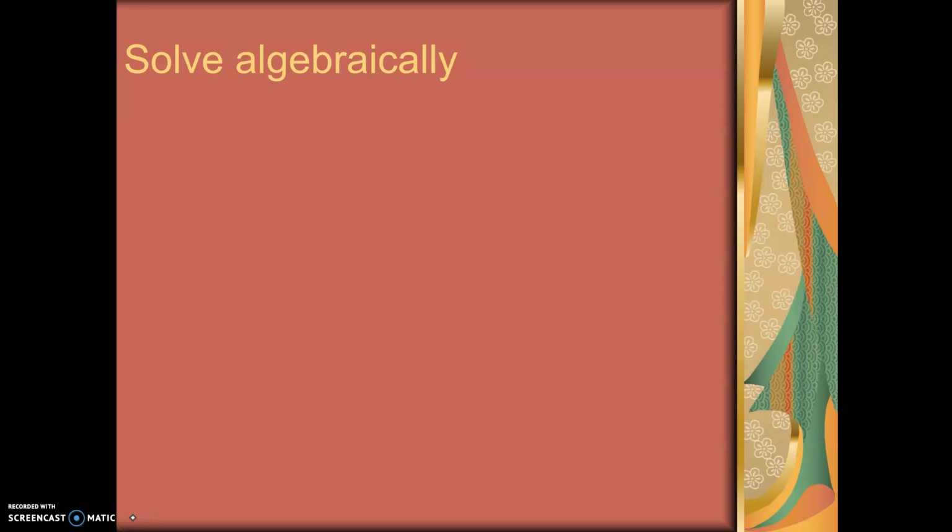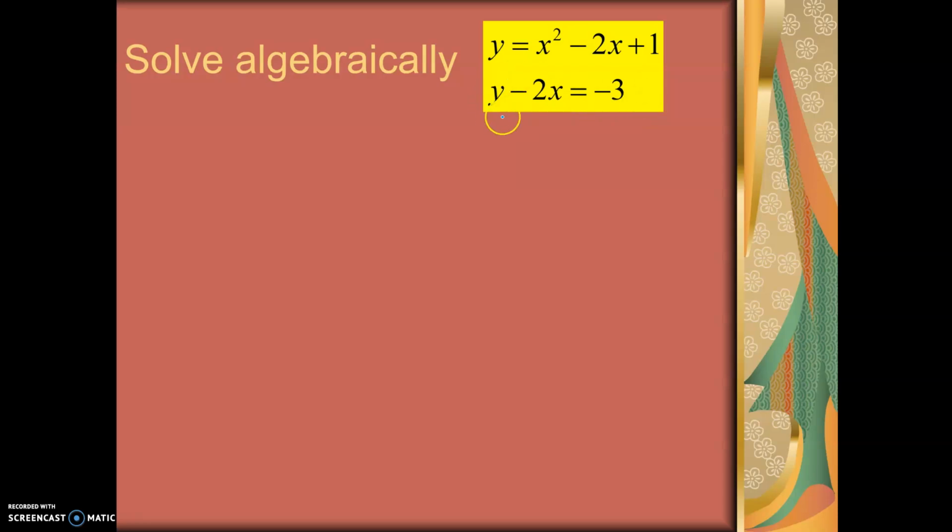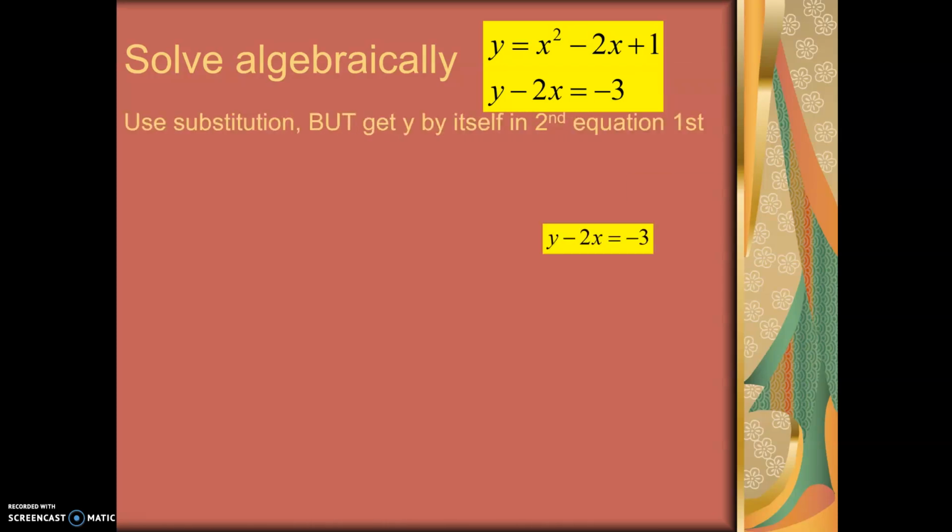Okay, so we're gonna continue on with our next example, solving nonlinear systems. In this example, we have another quadratic and we have another line, but notice that the line is not set up like it's ready for substitution, but that really doesn't matter because this one technically is, okay? However, I'm gonna go down the road that most students go down, and I can get the y by itself